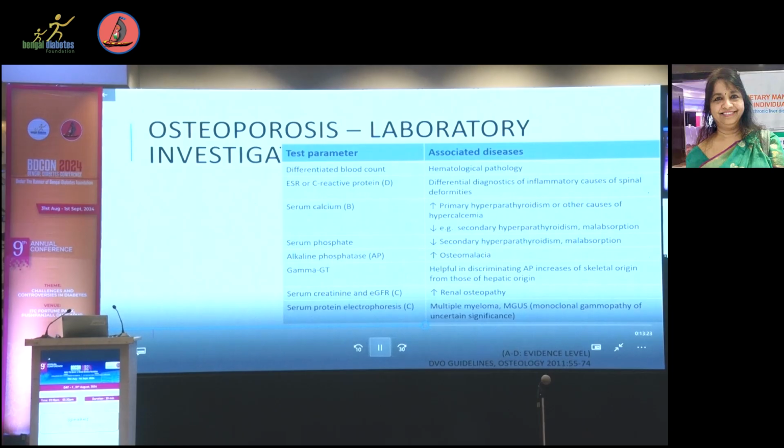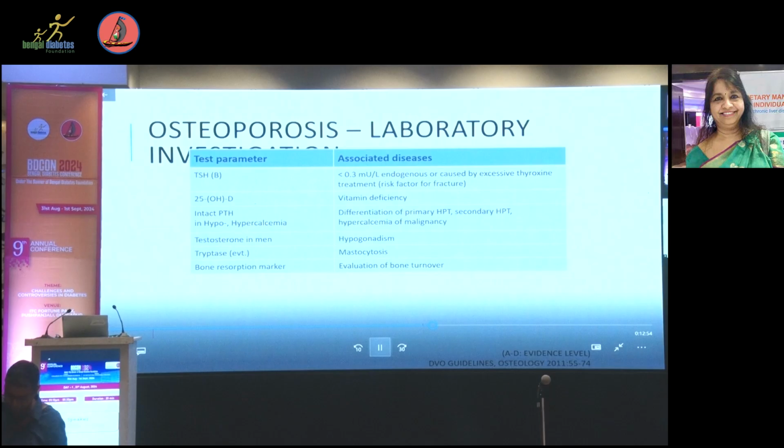I mentioned laboratory investigations. So a CBC, calcium, and creatinine. You can also look at phosphorus, which can predict hyperparathyroidism, secondary to reduced renal absorption. I would also get renal function because renal disease is really very, very common. And serum protein electrophoresis is also indicated if there is clinical suspicion, to rule out myeloma. If there is hyperthyroidism, definitely I would get TSH, because suppressed TSH, especially in postmenopausal women, increases the risk of bone loss.